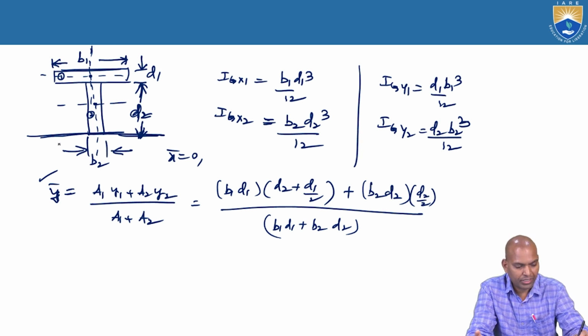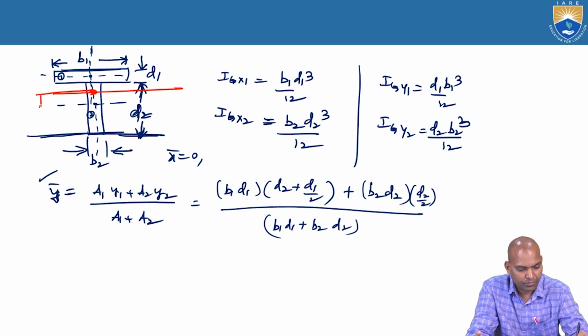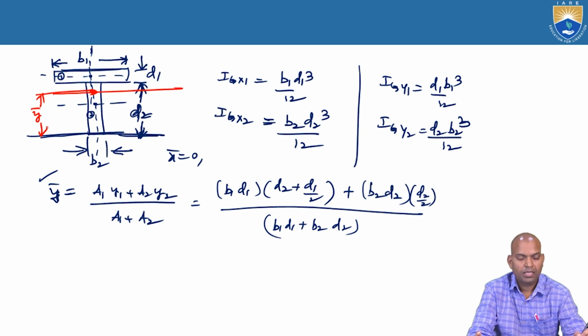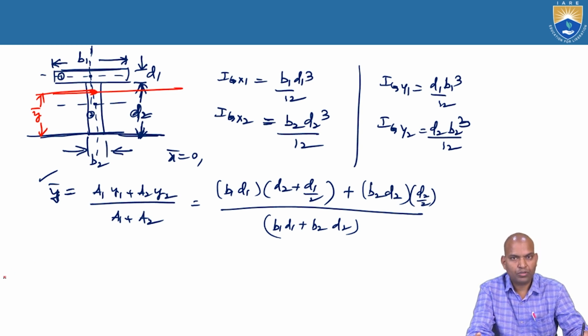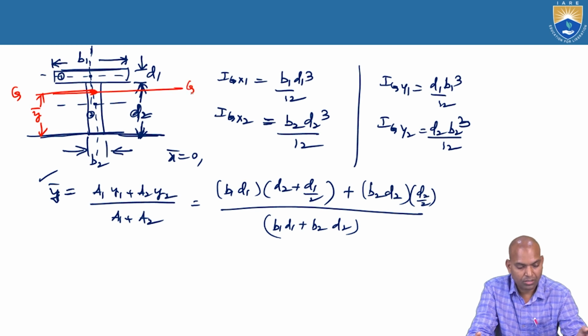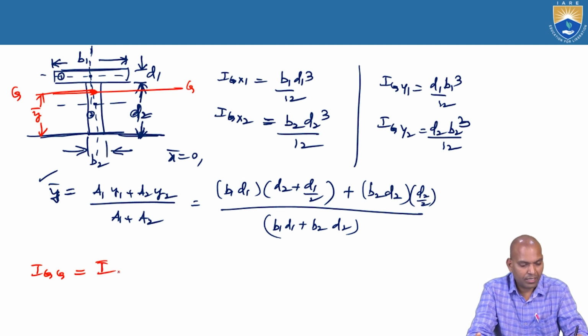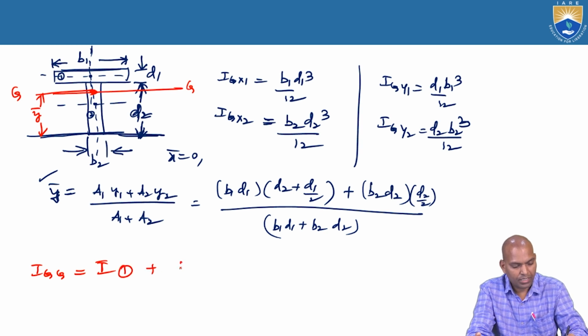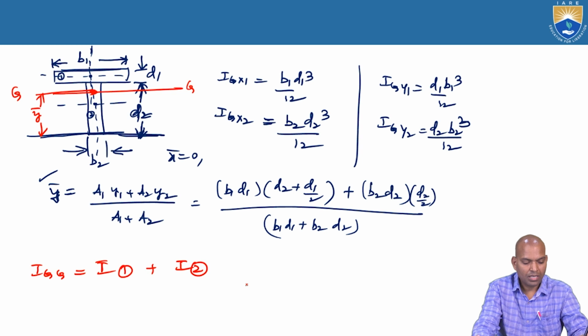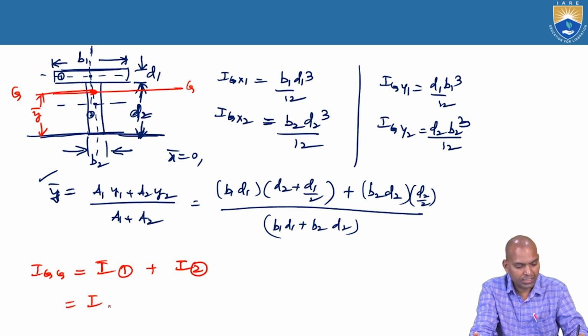Now how to find out? After calculating the bar y distance, suppose the bar y is at a distance from some axis. Here it is the bar y. Now what is the moment of inertia about the centroidal axis GG of this section? Now IGG equal to I of section 1 plus I of section 2. What about I of section 1? That is about the axis, IG x1 plus